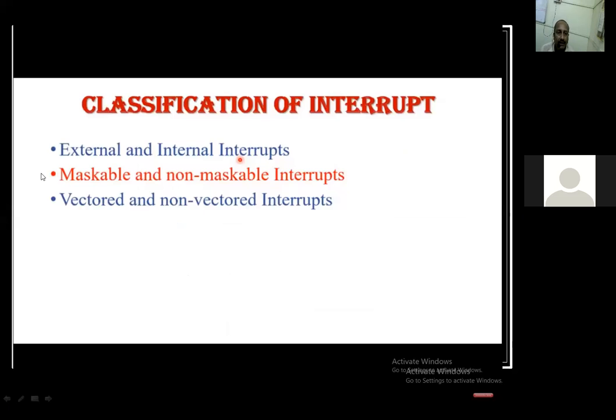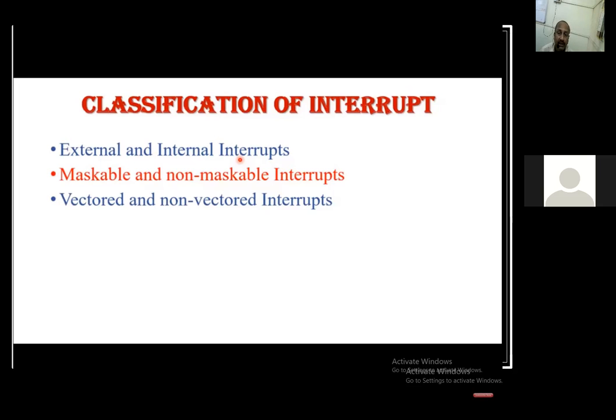Then the next classification is based on maskable and non-maskable. Sometimes the case will happen that 3-4 interrupts are coming at a time, 2 external interrupts and the timer also approaching the 8051. So it is a moment of taking the decision of which interrupt has to be processed first, or which interrupts are not used anymore.